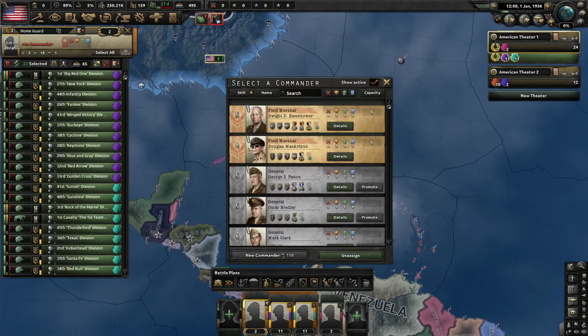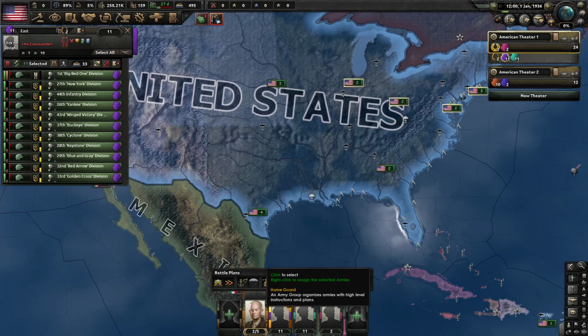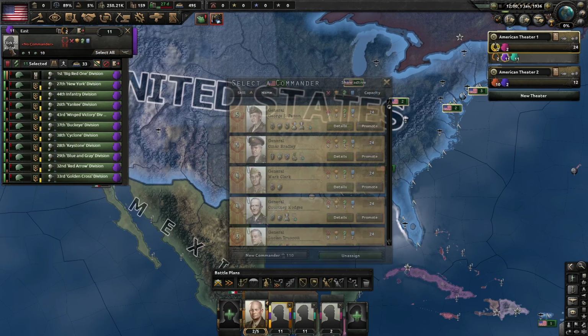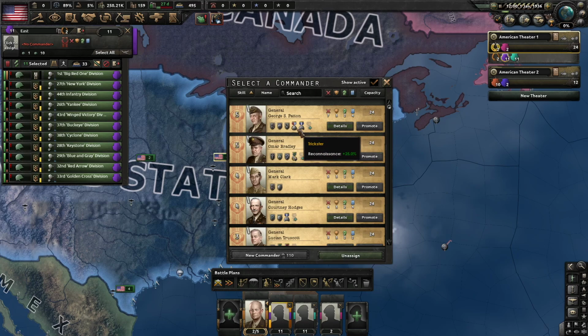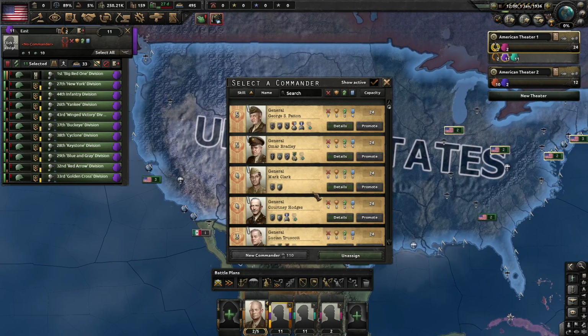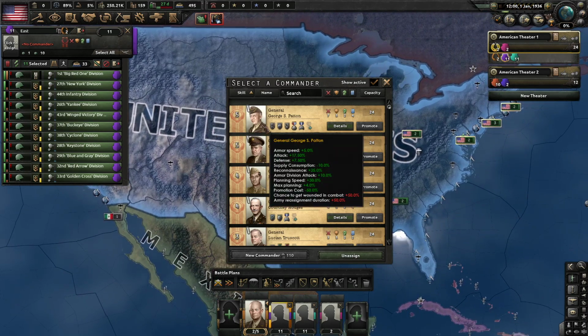So, with the Home Guard, we're going to give that to Dwight D. Eisenhower. Didn't he become president? And with the East Army, we'll give that to... I'm not sure where these guys are from. But... paratroopers at all? Neither of you are paratroopers. Okay, well, I don't want to give all of my big generals to this one front, so we'll give...